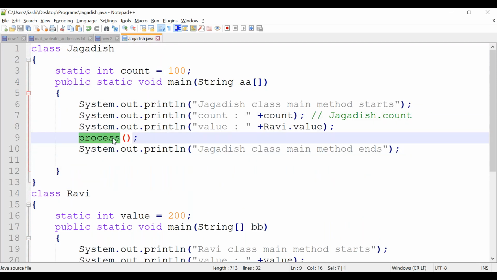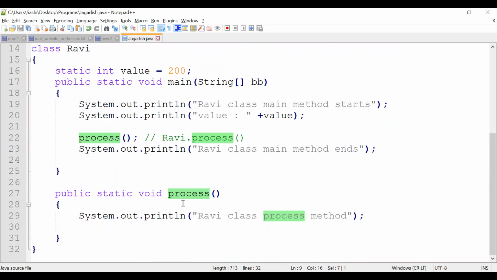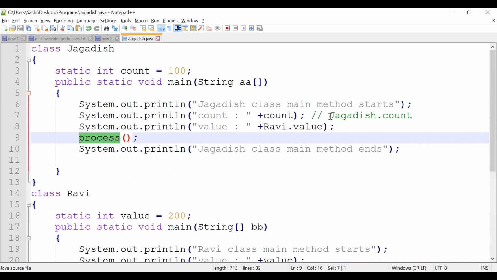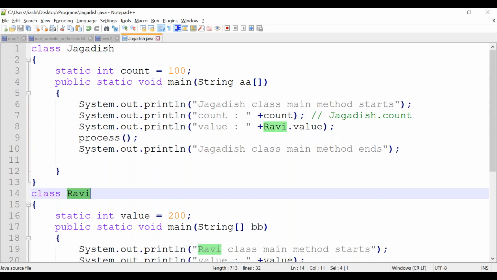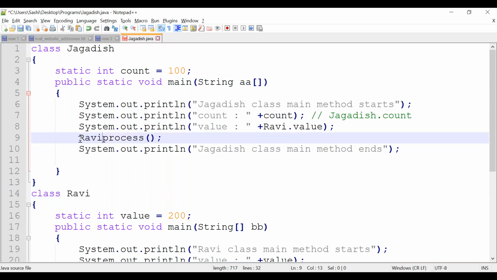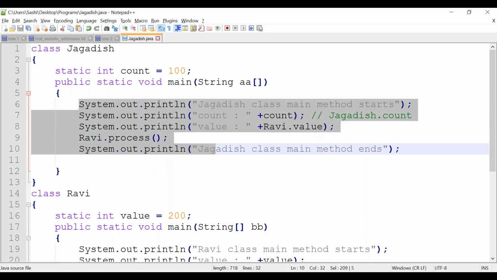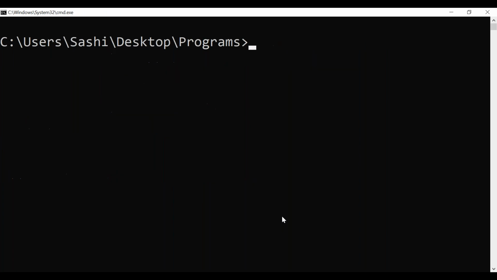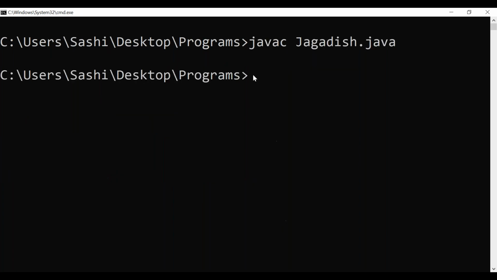But inside the Jagdish class, that is not the case. You are trying to access another class's member. The only option is to go with the class name, right? We have already seen only one option. When you are running like this, what happens? The compiler comes into the picture. Okay, let's recompile again. Now compilation is successful, correct? There is no compile time error. Why is compilation successful now?